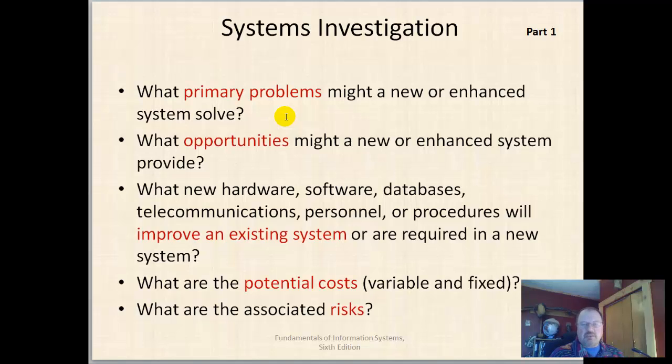This is something we want to ask. What opportunities might a new or enhanced system provide? So we're looking to solve problems, to create opportunity. What new hardware, software, databases, telecommunications, personnel, or procedures, remember that's what an information system is, all of those things, will improve an existing system or are required in a new system. So let's just think about required in a new system. And the electronic medical records, those security, the ability to transfer information from one place to another, that's all required